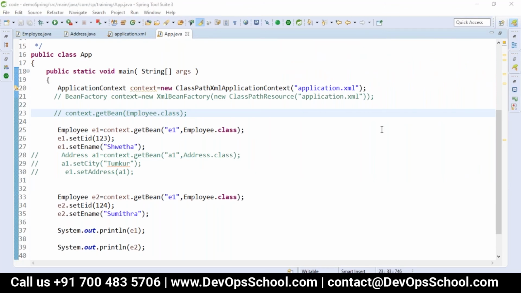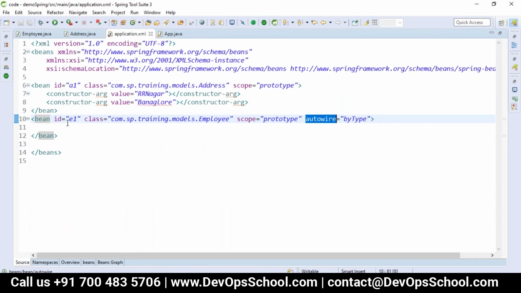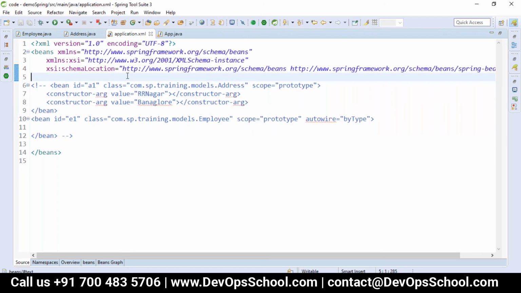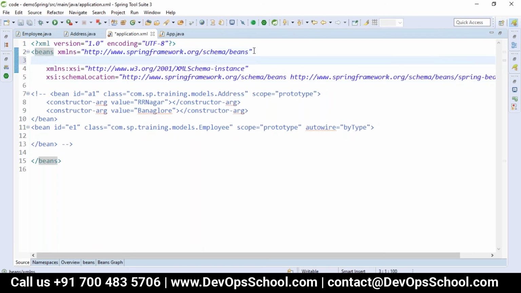But again, why should I write this code for this? I want to go with a mixed way. What we can do here is comment all these things in my XML. So I can go with my XML way, where I have to add one more XMLNS for context.